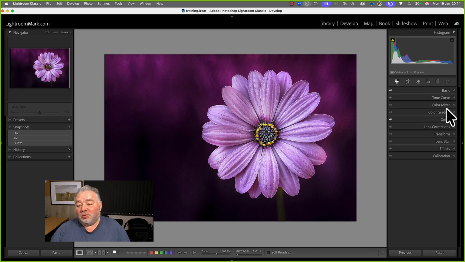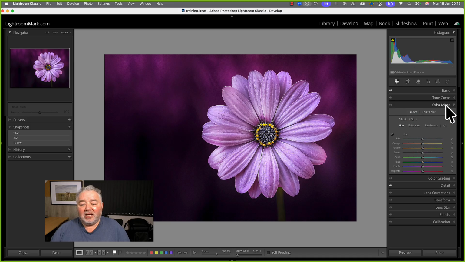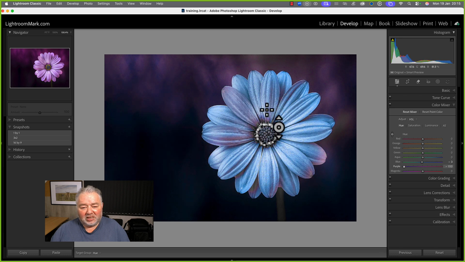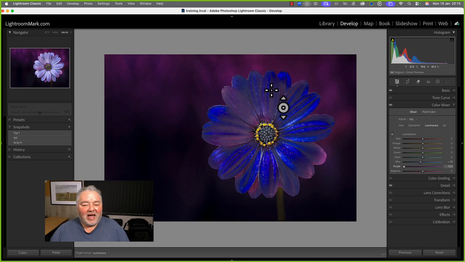Okay, I'll do one other. Color mixer, and we'll change it to hue saturation. So color mixer, hue saturation. You take the pipette, and I want to change this color. Okay, so it goes to a blue. If I hold the Option Alt key, it desaturates what is not being changed in the whole image. So if I go to the luminance slider, you can see what's not being affected more. I'm holding the Alt key for Windows, Option key for Mac users. You can see if I do it without the key,